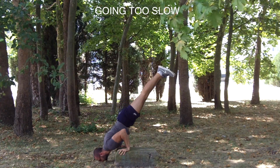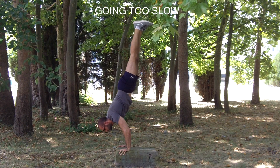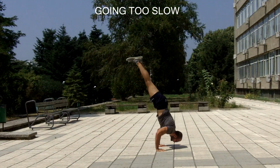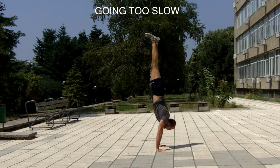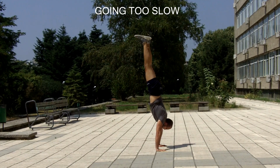Going too slow while trying to do handstand push-ups is something I see all the beginners doing. The reason we do it is because it's hard for us to keep the balance in the beginning, but unfortunately you will have to learn to relax a little bit and not be so tense. Otherwise you will have an incredibly frustrating time trying to reach those really impressive 8, 9 or 10 reps of